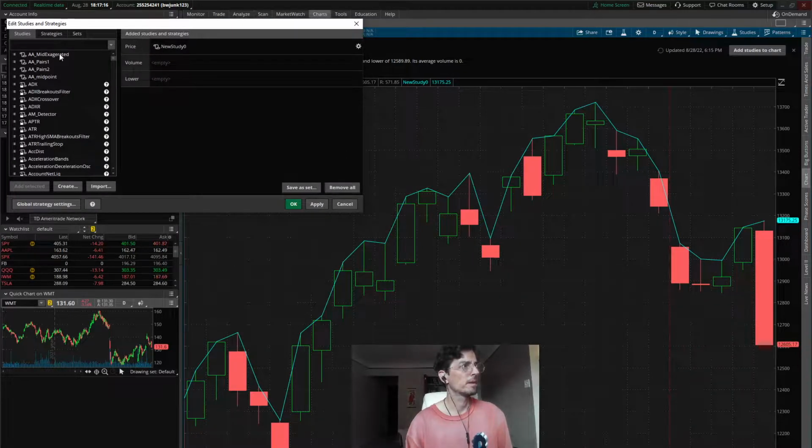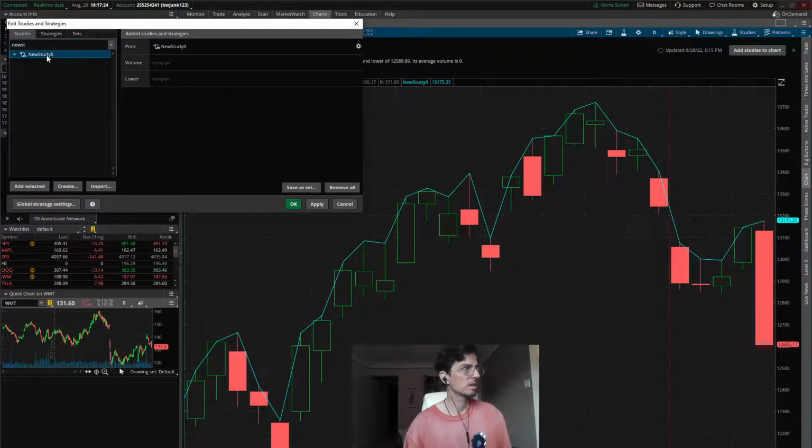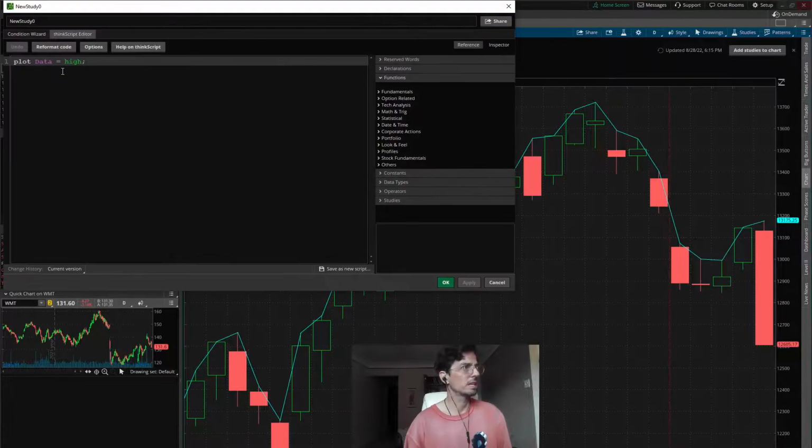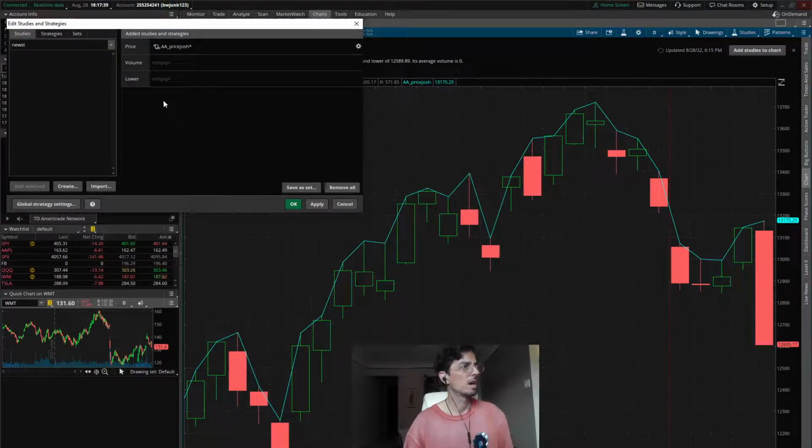So that's interesting. So if we go back to edit it again, and I don't need to keep opening this window. New study. I'm going to rename it because I want all mine to show up at the top so I don't keep having to find them amongst all those. I'm going to right click, edit. I'm going to change it. And this is just a little programmer hacker thing. I'm going to put AA in the front. AAPriceHigh, and apply. Now I got this high price. See how the graph is on the top of each bar?